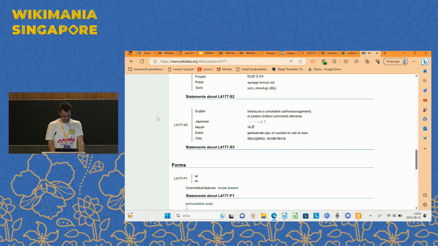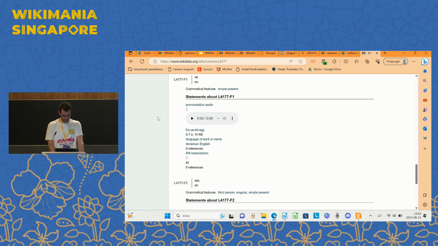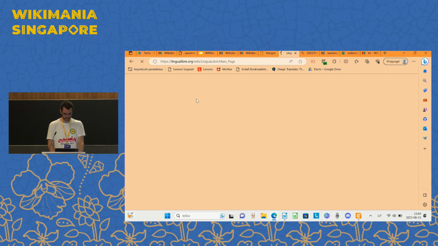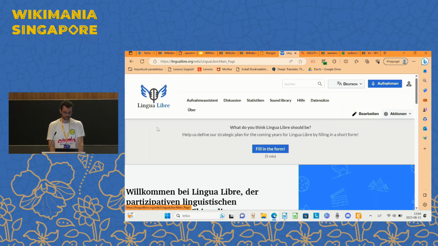Right, permit, statements, forms. Here we have a nice audio. Let. Audio. That reminds me of something. In fact, there exists a tool to mass create these audio files. The tool is called Lingua Libre. And this is pretty convenient. You can import a query